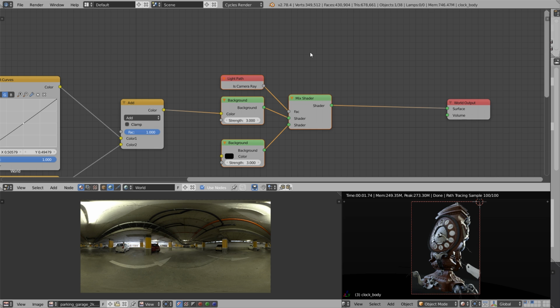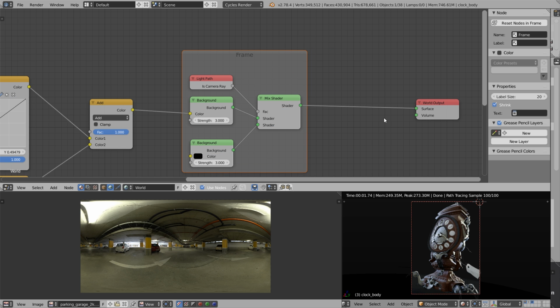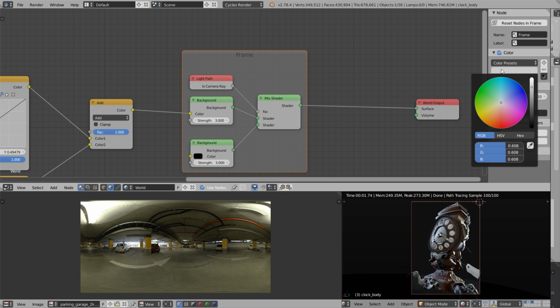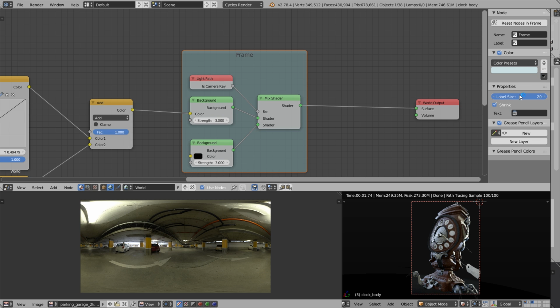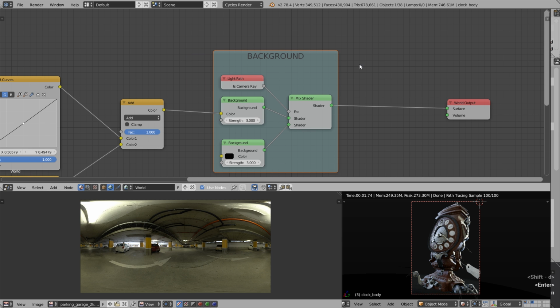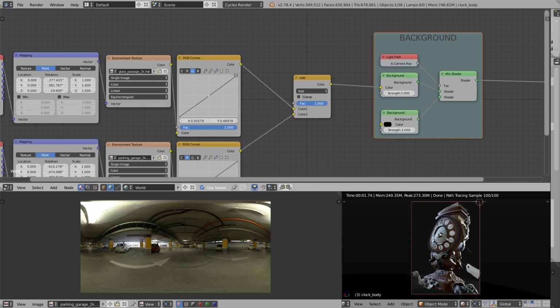One more thing that I'd like to do is organize these nodes a little bit. So I'm gonna add in the frame, resize it so it encapsulates all the nodes over here. Press N to open the right tool shelf. Maybe select the color of this frame. Change the label size to make it a little bit more readable. I'm going to set it to 60 and I'm going to call the label background, because these are the nodes that separate the background